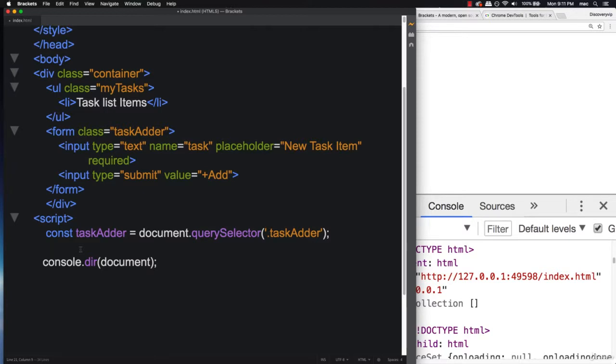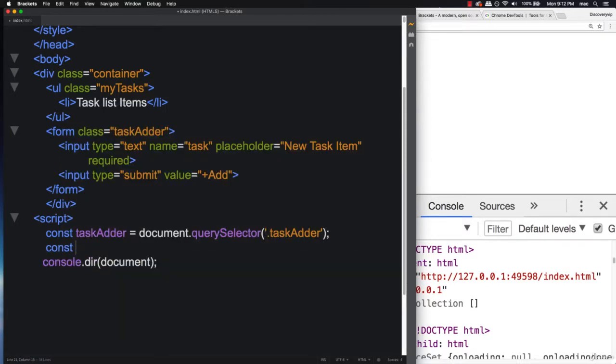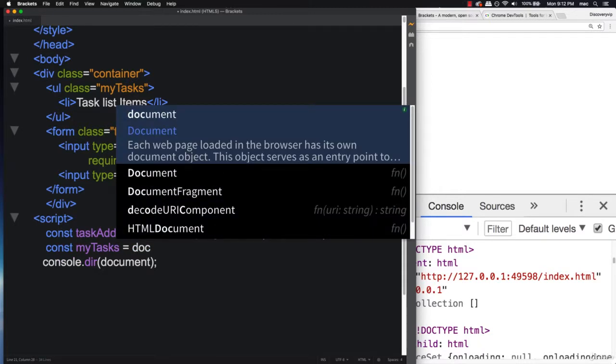And also we need to set up a few other elements. So we want to grab our, and I'm using const. So const is for variables essentially that aren't going to be changing. And of course, we're not changing the document object, we're just referencing it. So that's why I'm using const for this. And then let is for setting variables that are going to be changing in value. So this is the newer way of doing var. Of course, you could still do var if you wanted to. That's still an option. And this just gives you more control over the scope of the variables that you're using